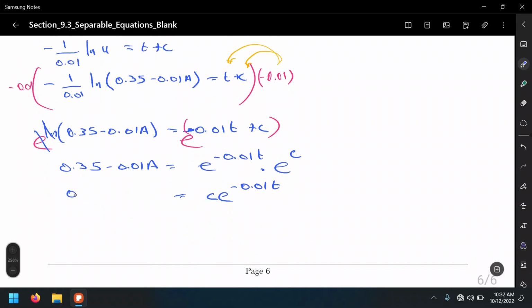So that's 0.35 minus 0.01A. Well, we can go about solving for A. Subtract 0.35 on both sides. That's going to leave us with negative 0.01A equals C e to the negative 0.01t minus 0.35, and dividing both sides by